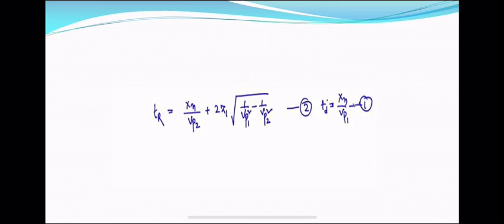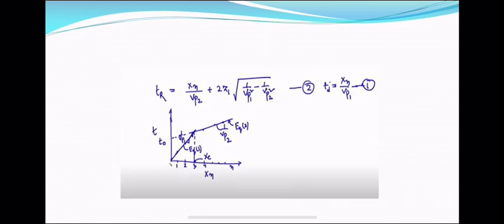Instead of taking one particular geophone, here also we are taking n number of geophones, and then we will draw the graph. So here we are going to draw the graph. This is our Xn on the x-axis and T on the y-axis. T is the first arrival time of this wave.